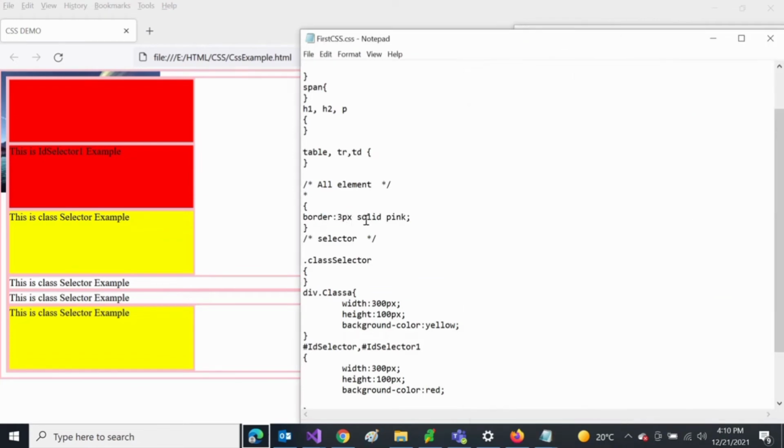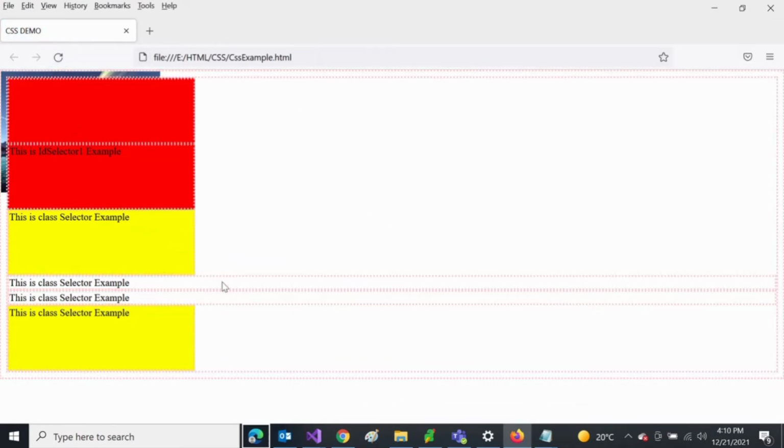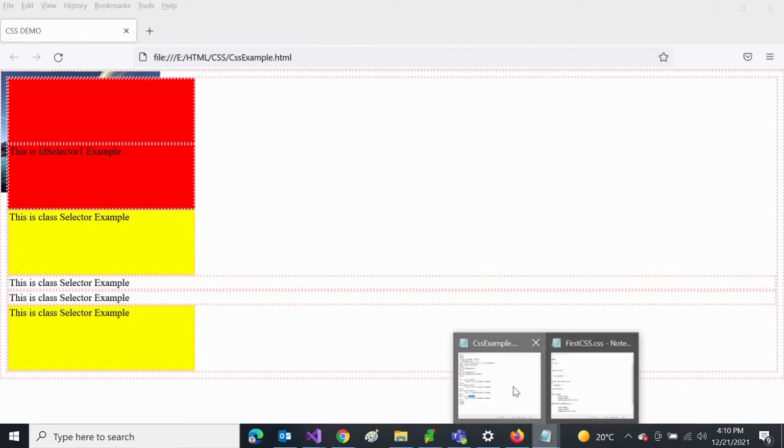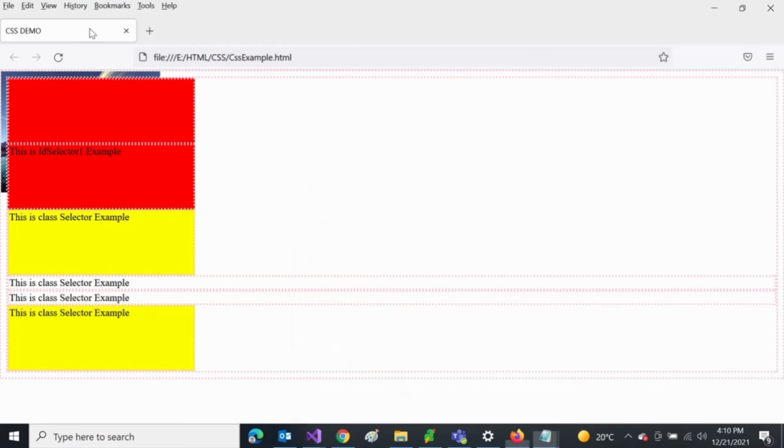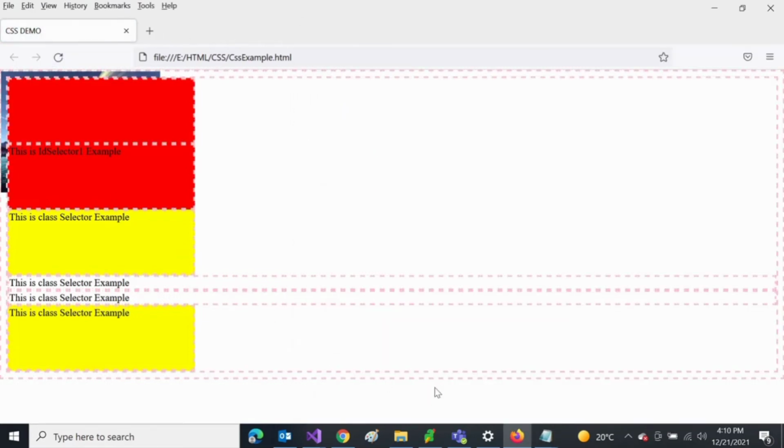Now let's go with the other properties. I have the border style equal to dotted. Now refresh it. You can see the dotted border has been applied to all elements, and we have the dashed one. Let me save it and refresh it. You will have the dashed border.